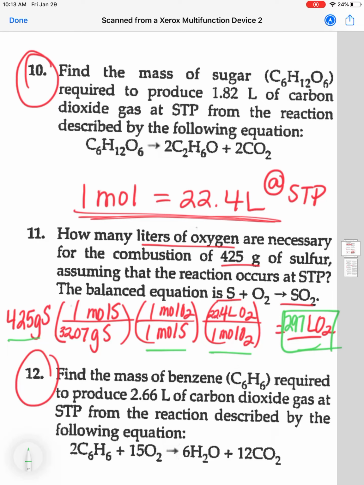I hope that given these sample problems and after reading this section, as well as having your mole map, you are able to complete all of the assigned problems on your homework worksheet. If you have any questions, please make sure that you ask me. Always, I know it takes a long time to write out all of your units and all of your work, but you will really, really be grateful that you did, because if you don't, you're going to start getting lost as to what units you're in and what units you're trying